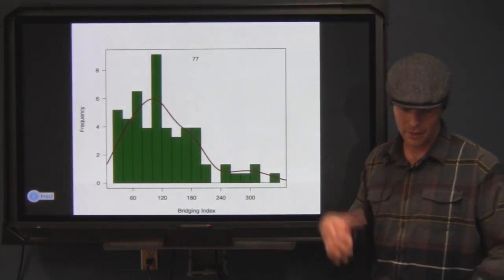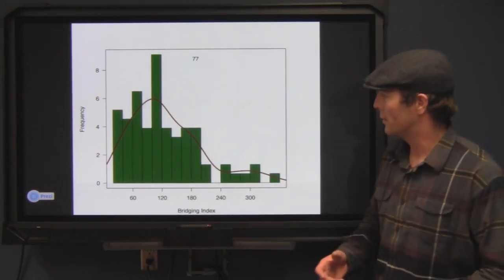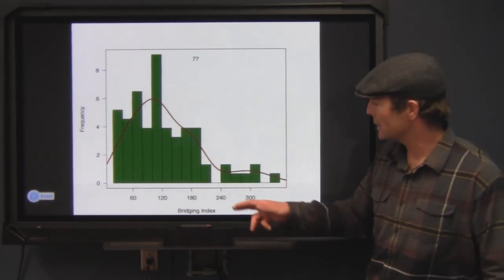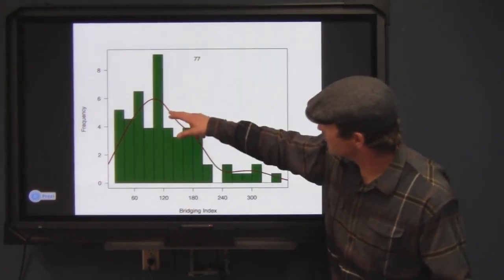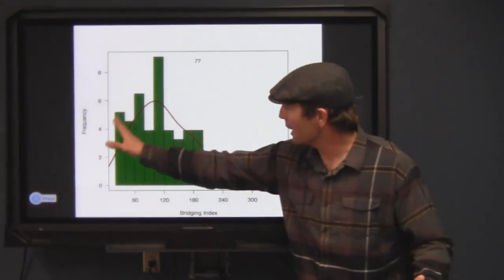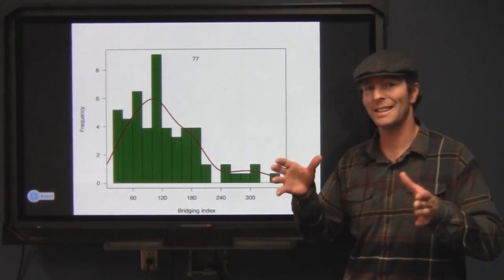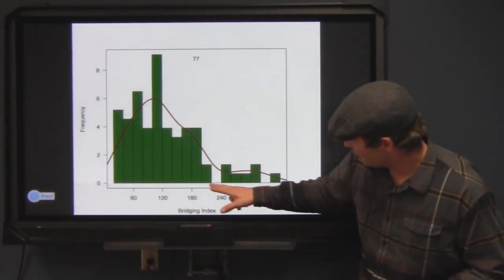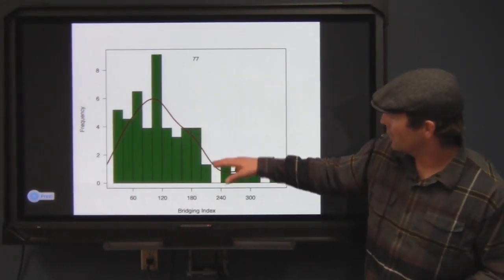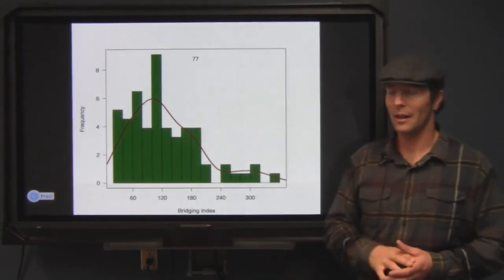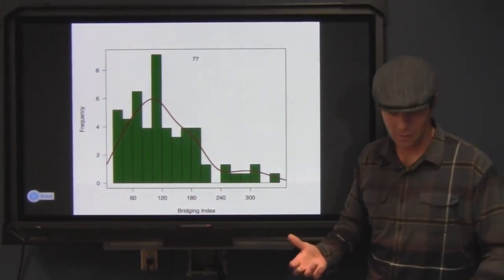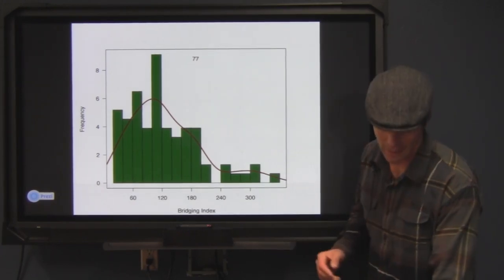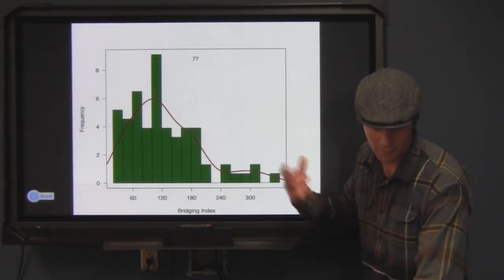And so here's just a frequency plot of those 77 avalanches. And if we look at our 130, which came from the last analysis, we kind of see about here. So most of the avalanches had a bridging index less than that. And if we look at our 190 or 200, the vast majority had a bridging index less than that. So that's good. That kind of backs up our last analysis. And furthermore,